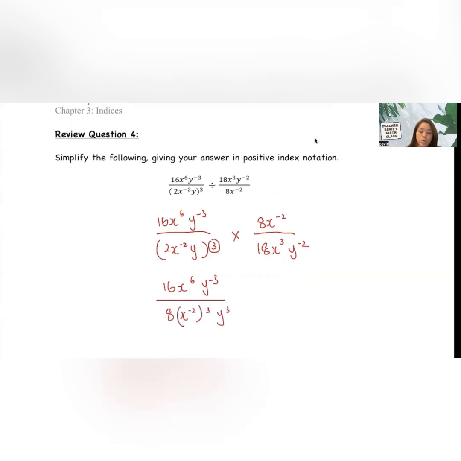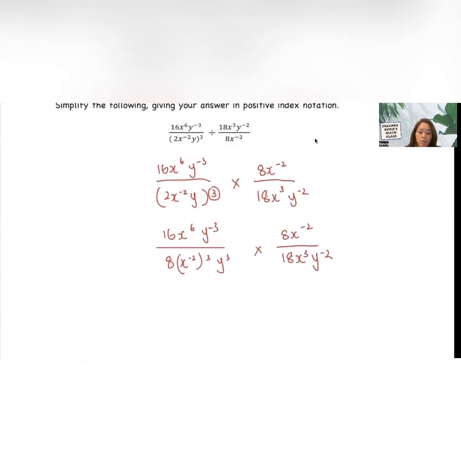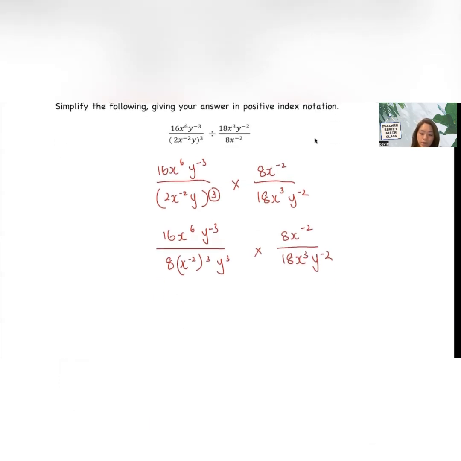Y also has to be cubed. Okay, and then for the second fraction, I have 8x^-2 over 18x cubed y^-2. All right, let's continue simplifying the denominator on the first fraction first, which gives me 16x^6 y^-3 over,